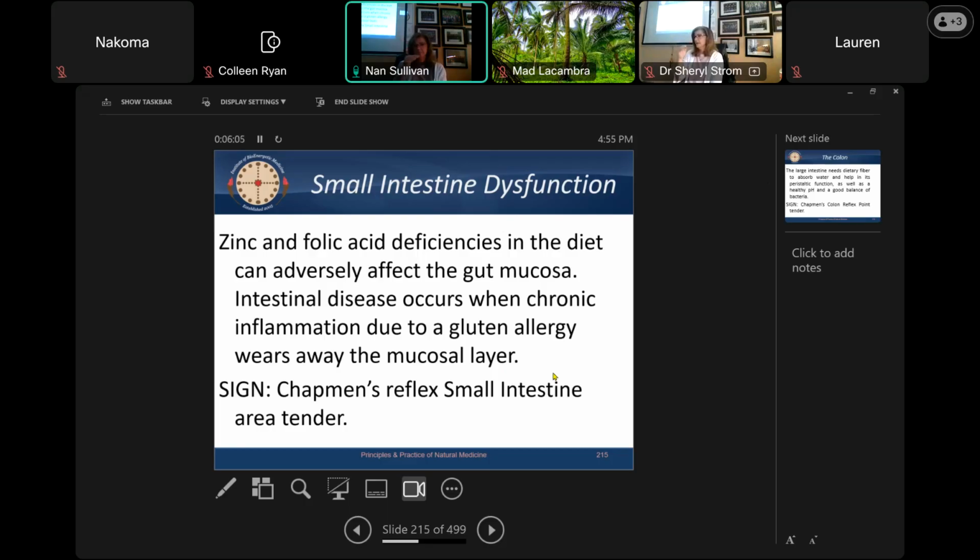Dr. Sullivan has a poster up here. I highly recommend you getting one because I do examine my clients, and you may want to do the same thing, especially if they complain of gut problems. It shows a human body where the hydrochloric acid testing point is, where the digestive enzyme deficiency is located, and then it includes the belly button and the different points of the direction of the belly button. It's actually a really nice poster. You'll have to ask Nan for it.